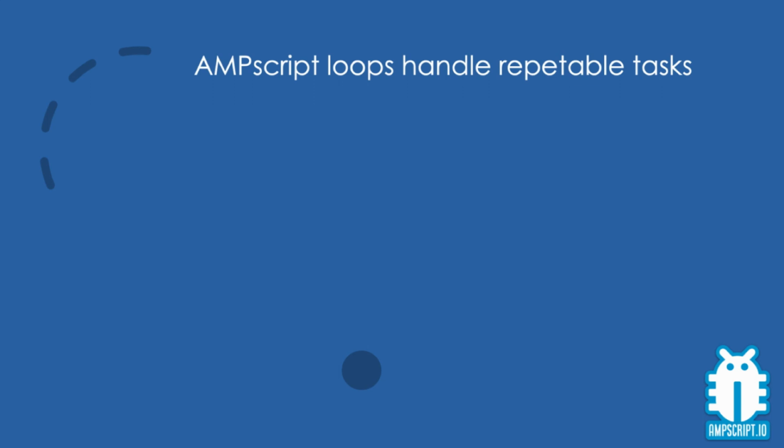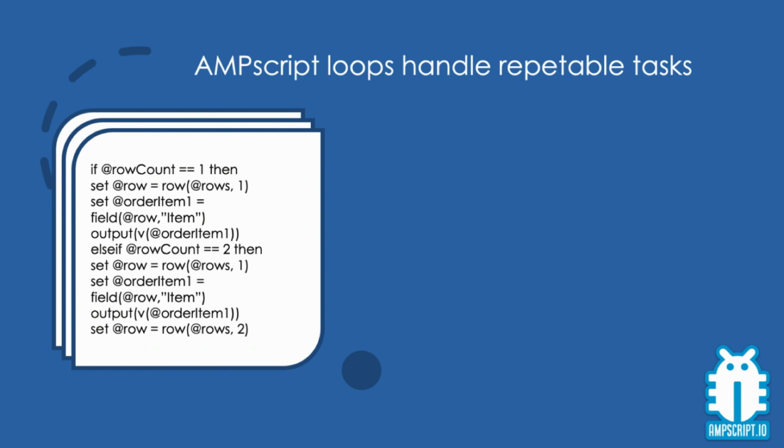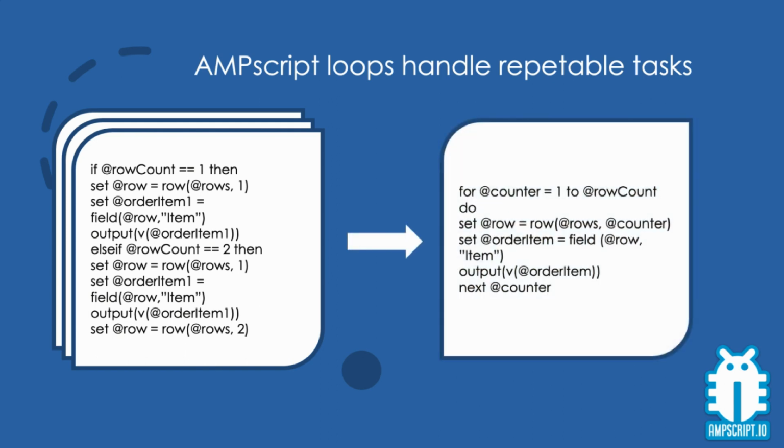The main problem that AmpScript loops solve is being able to execute the same script repeatedly, without knowing beforehand how many times the script should run. Listing all relevant items in an email for each of your customers would be a very tedious task if we weren't going to use a loop, and the script could become very long and error-prone. With the help of AmpScript loops, you can build a reusable, dynamic email and process the data for each customer in a very efficient way, no matter how many items need to be processed.